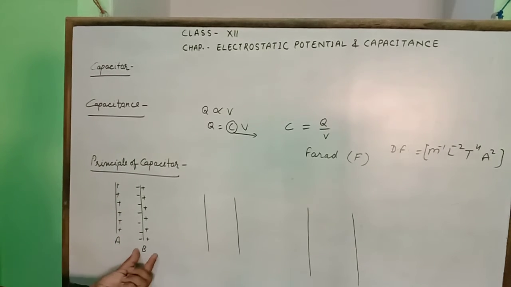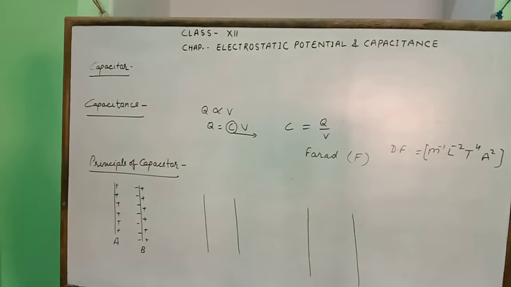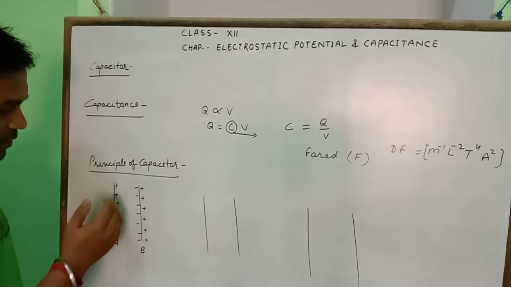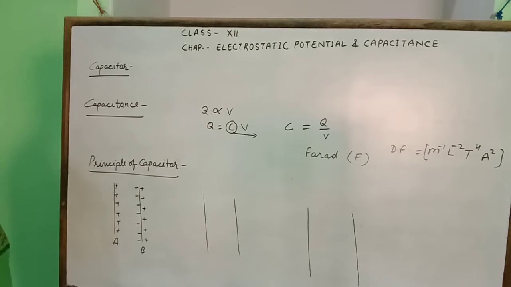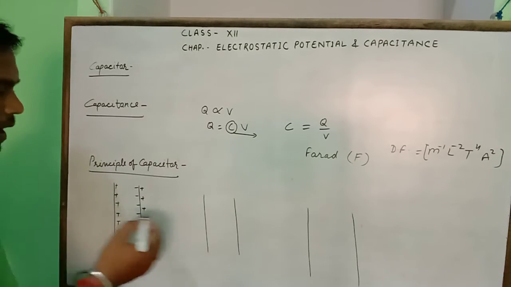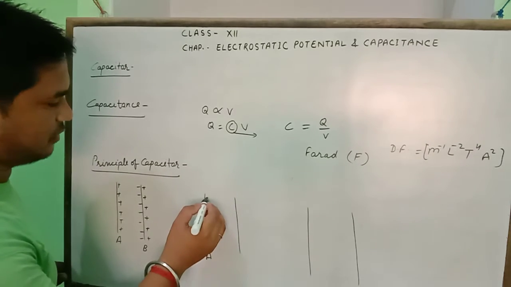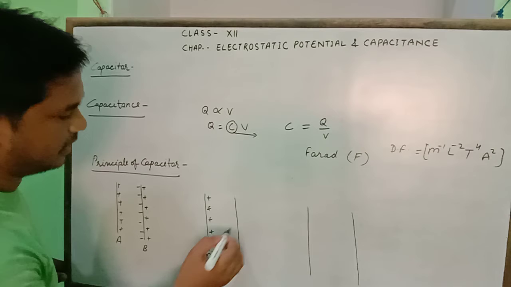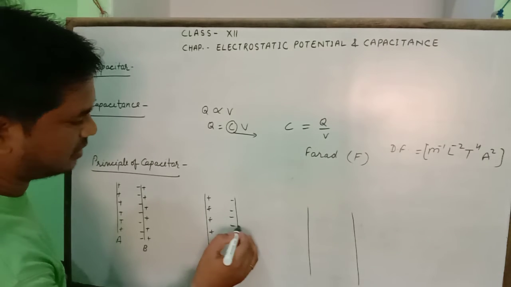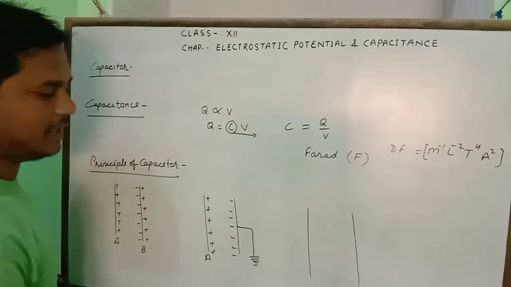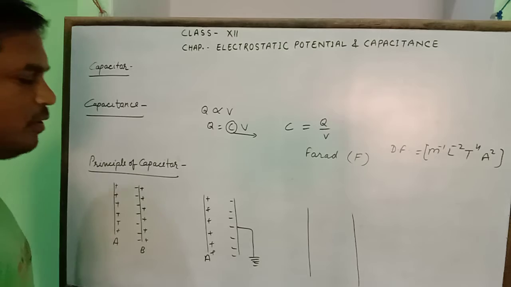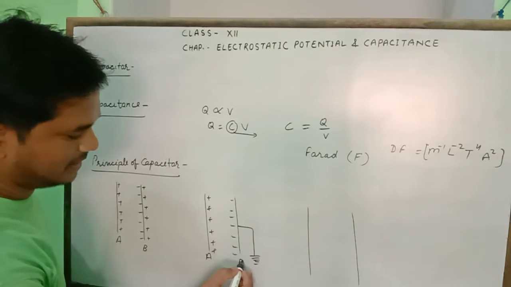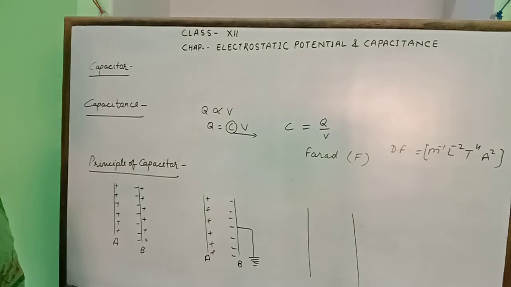जैसे ही हम किसी अनचार्ज कंडक्टर को किसी चार्ज कंडक्टर के पास मिलाते हैं, पॉजिटिवली चार्ज कंडक्टर के पास मिलाते हैं, then the negative charge is shifted towards the positive charge, and on the other side the positive charge is shifted on that conductor. If this situation is grounded, अगर इसको हम ग्राउंडेड कर दें, अर्थिंग कर दें, then all the positive charge reaches the ground, अर्थ में पहुंच जाता है, then this uncharged conductor becomes negatively charged.